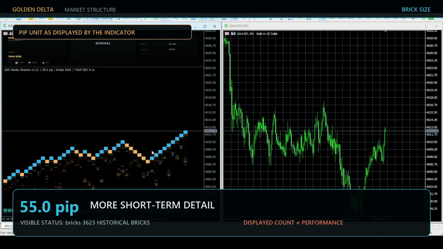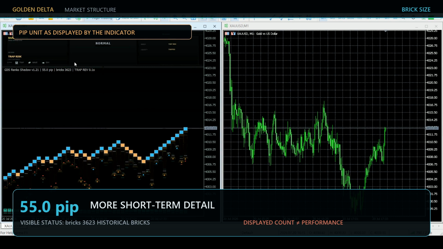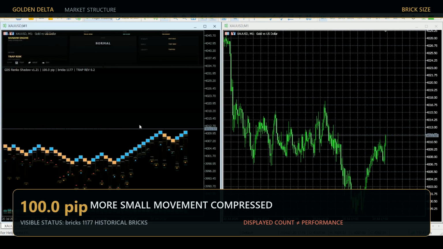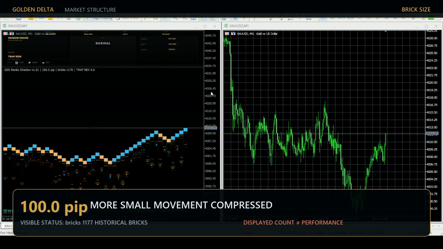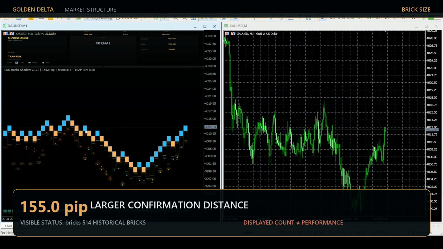The recording also contains 3 visible threshold settings from the same indicator: 55, 100, and 155 pip. At 55, the display preserves more short-term turns and detail. Its status line shows roughly 3,623 historical bricks. At 100, more of the smaller movement is compressed, and the displayed count falls to about